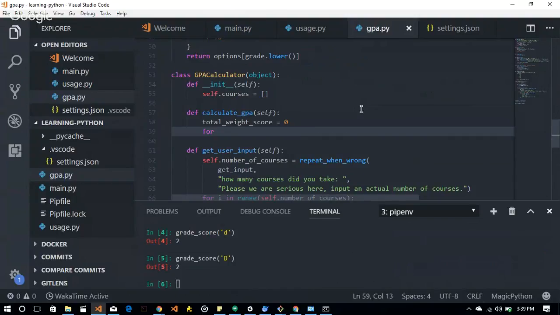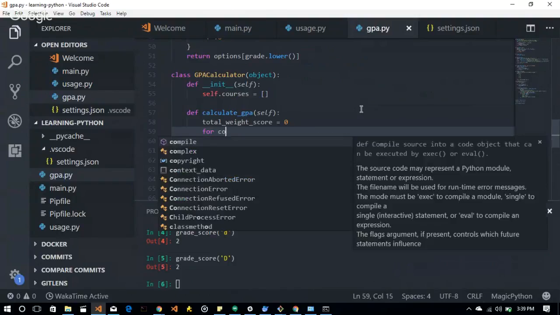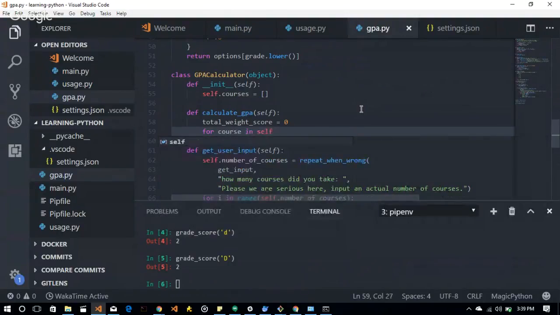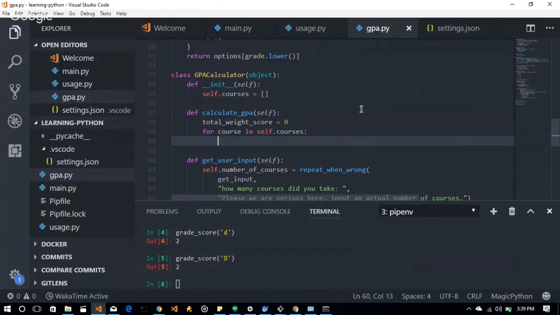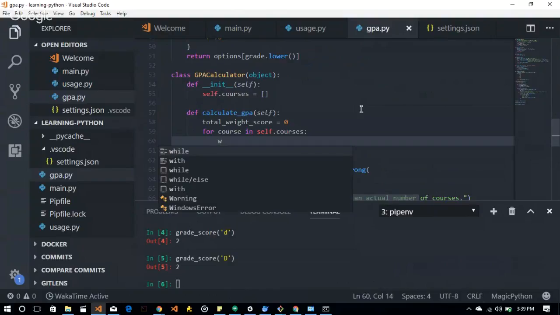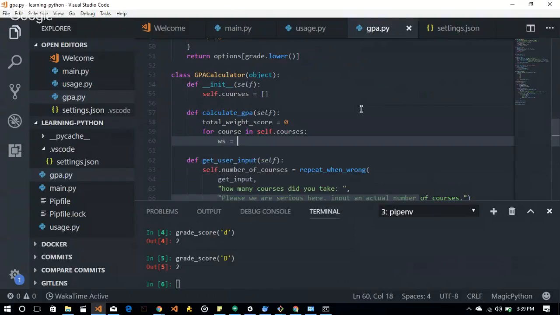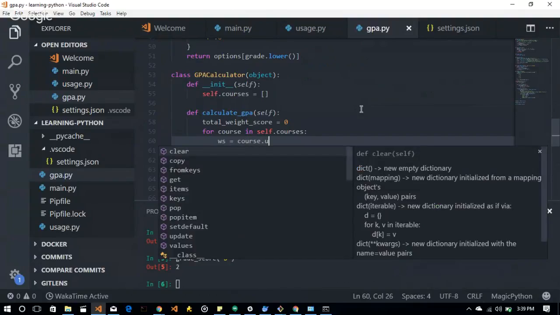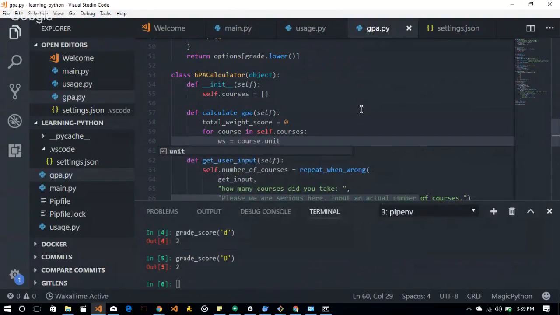Then for course in self.courses, weight score, which is WS, is equal to courses.unit. Course.unit. No, it's not dot now, because be careful. Course unit